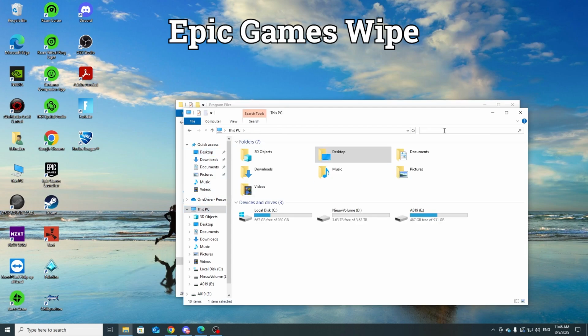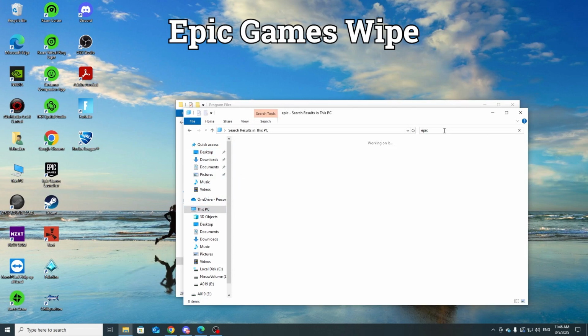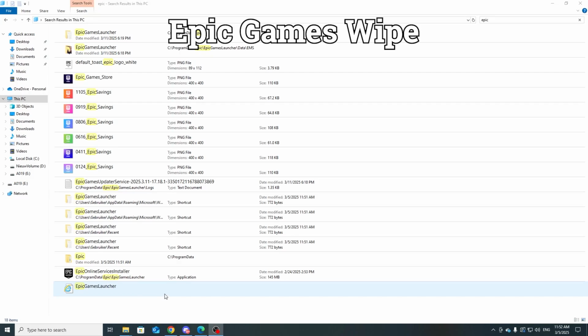in this search in this PC, type in Epic. Alright, press enter. This will take a little bit to load up, but what it's going to do is it's going to search for all the files on your PC that says Epic, pretty much. So now we're just going to wait it out until it's done, and I'll be right back. Alright, and as you guys can see right now here, you can see all my Epic files that I still